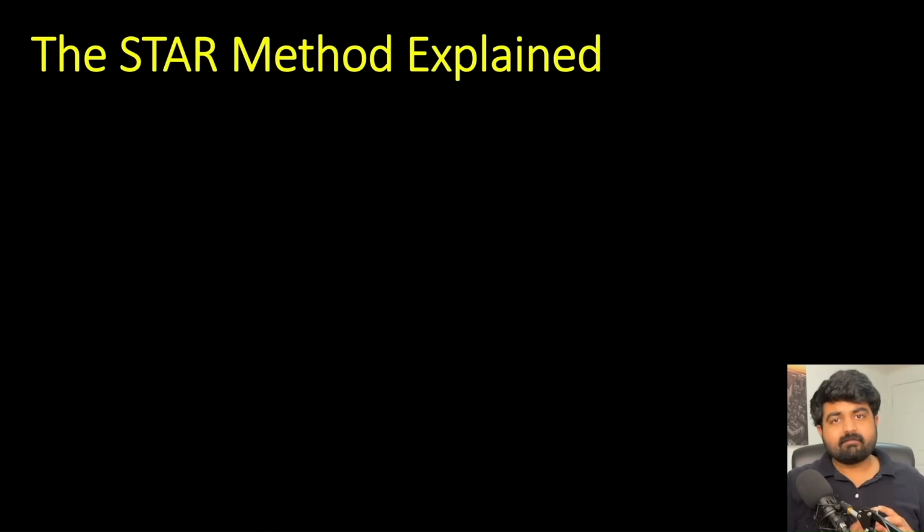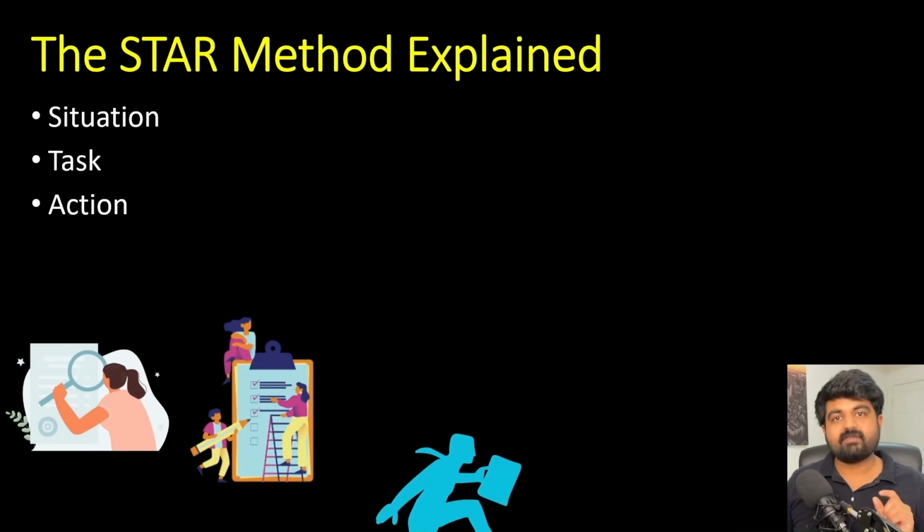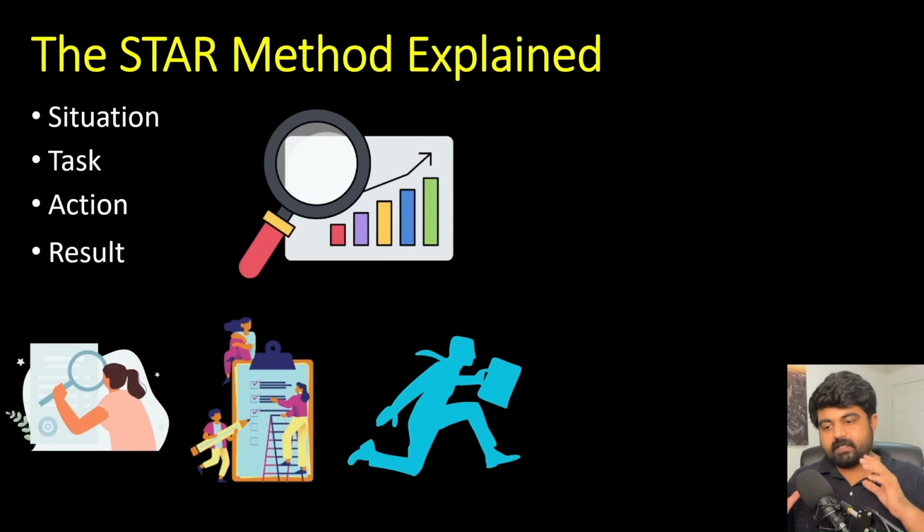Now let's talk about the way you are going to approach the questions in an actual behavioral interview. And for that, we have a very popular method called the STAR method. It is nothing but a mechanism for you to formulate and articulate your answers before you present them to the interviewer for any given question. STAR is the abbreviation for situation, task, action, and result. The interviewer wants you to give all the answers in this sequence. So this is a timeline that you have to follow in order to provide your answer.